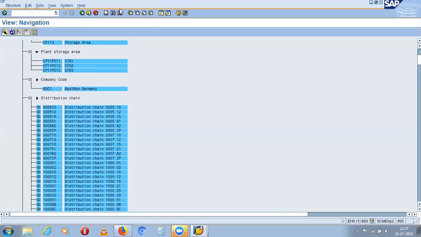See, while creating a company code, you need to copy it from 1000, and the same way when you are creating a plant also, you need to copy it from 1000. 1000 is the main keyword. And then when you are creating a store location, first you need to delete all the existing store locations, save it, and then again enter into maintain store location, and then enter the new store location name.